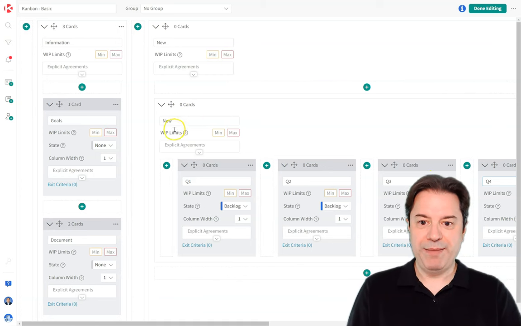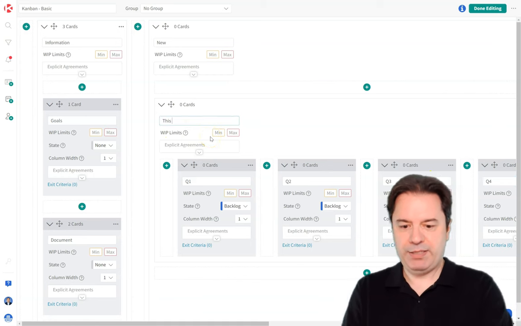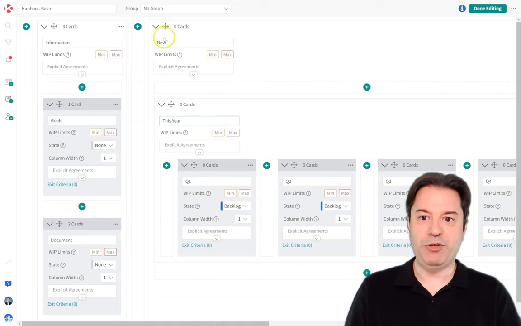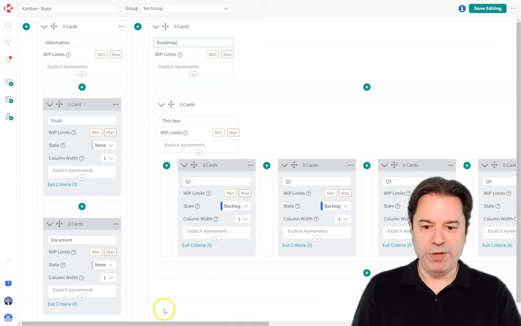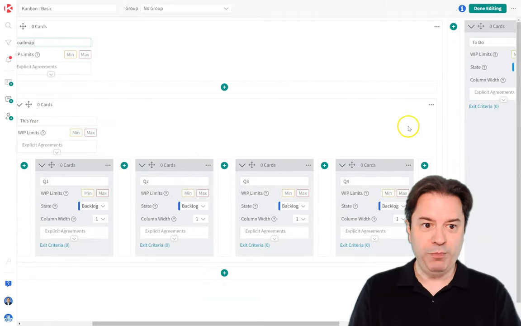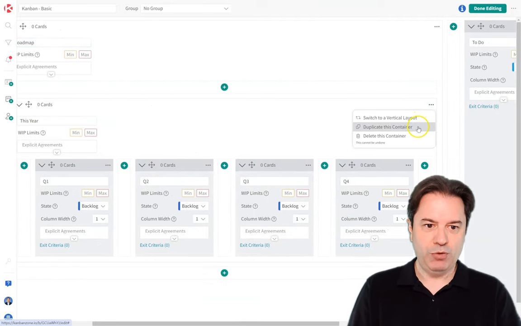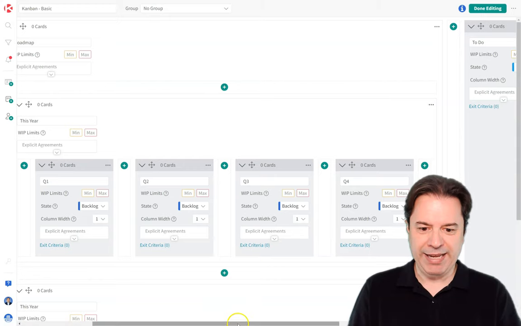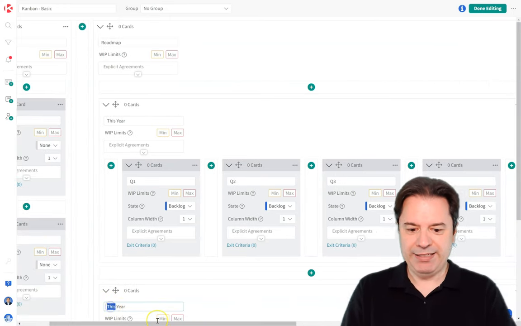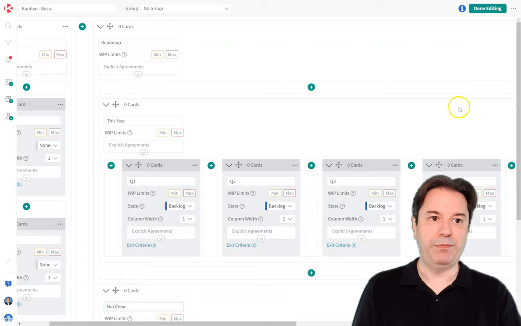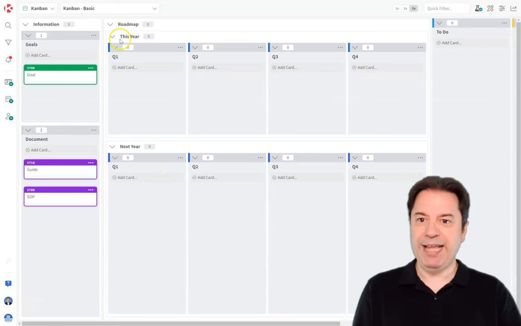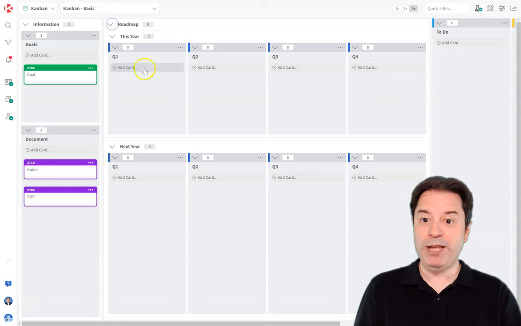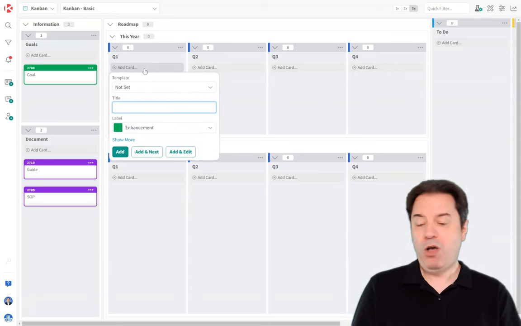Now, I'm going to rename this one this year, because it's a good idea to always give good names to your container, and this one I'm going to call Roadmap. And I'm going to go right here and duplicate this container so that I can have a second year here, so that I can see next year if I need to go any further. Let's see what it looks like. I now have a second container of type roadmap